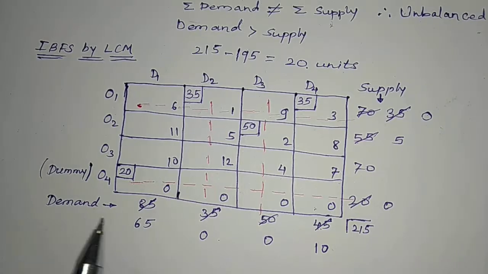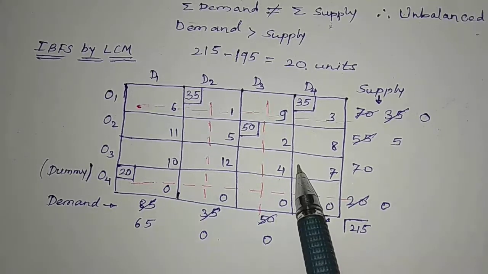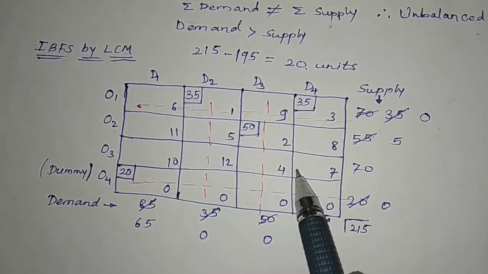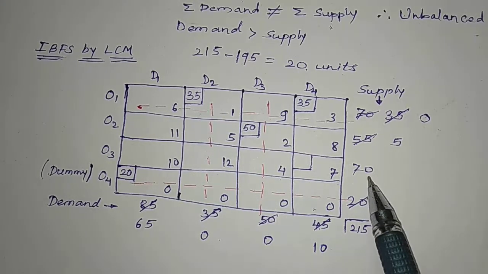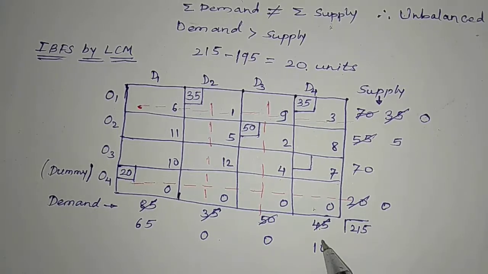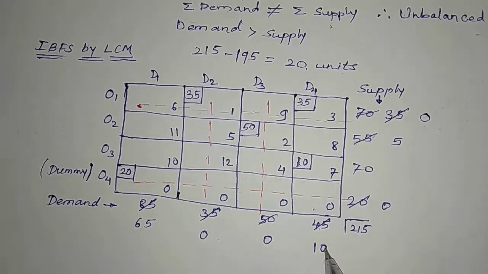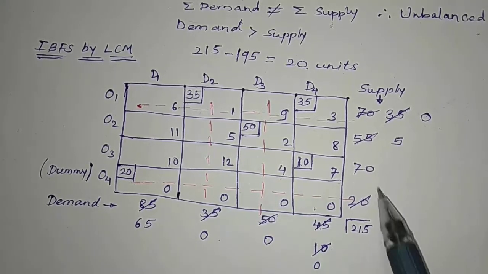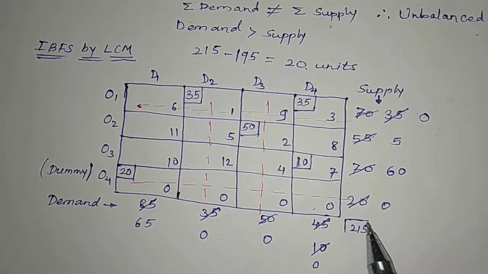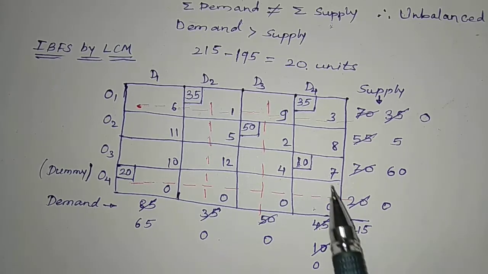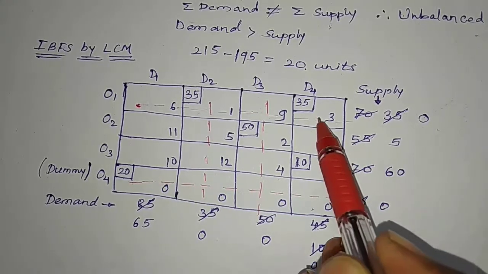So therefore let us neglect this row from further considerations because there is no further availability of supply. Now if you observe, find the next smallest cost where there is no allocation, as smallest cost is here 7. Look at the rim conditions, demand is 10, supply available is 70 at that cell. So here we can allocate the smallest of these two. So 10 quantity we can allocate. So 10 minus 10 is 0, 70 minus 10, so supply remains again here 60. Now look who has become 0. Demand D4 has become 0.